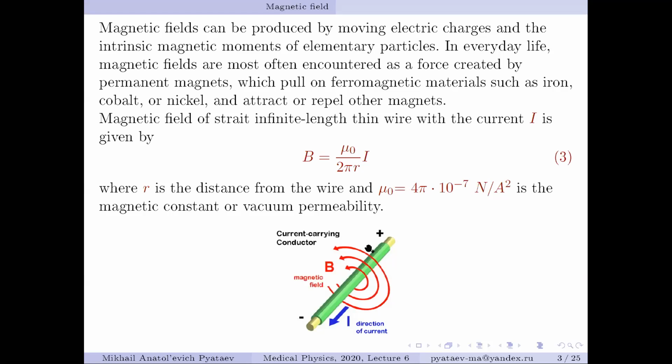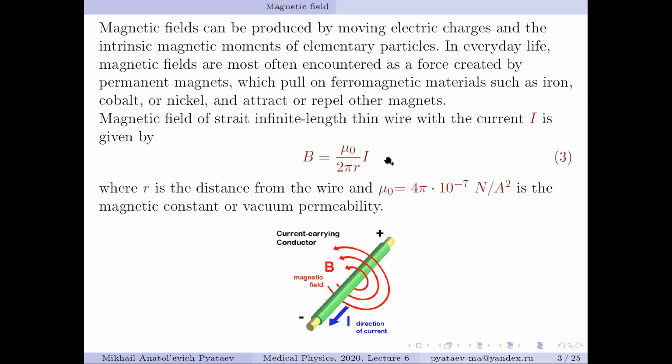But later it was understood that the problem becomes simpler if we divide it into two parts. In the first part, we find the magnetic field produced by the first current, and in the second part, we find the force acting from the magnetic field onto the second current. So in this case, it is necessary to be able to find the field produced by an infinite straight wire, and this problem can be solved directly, and